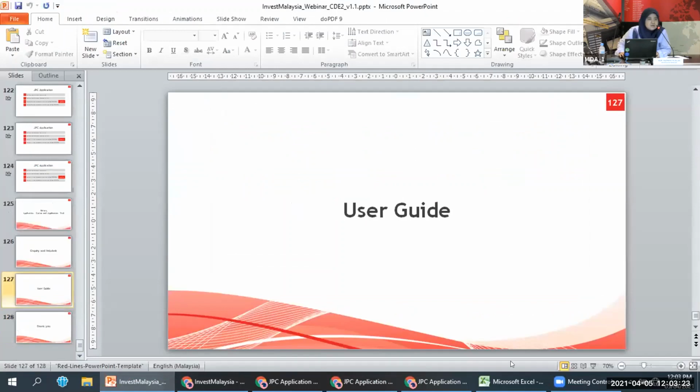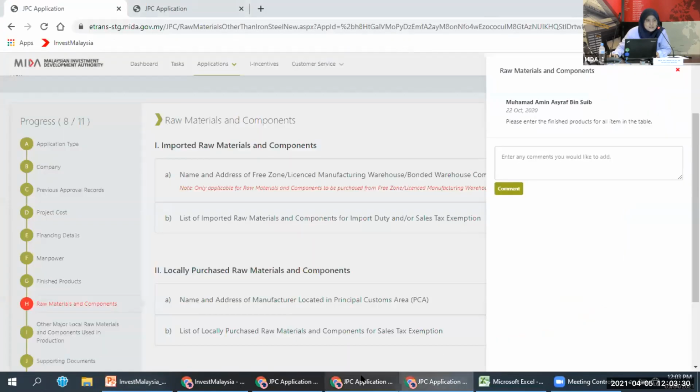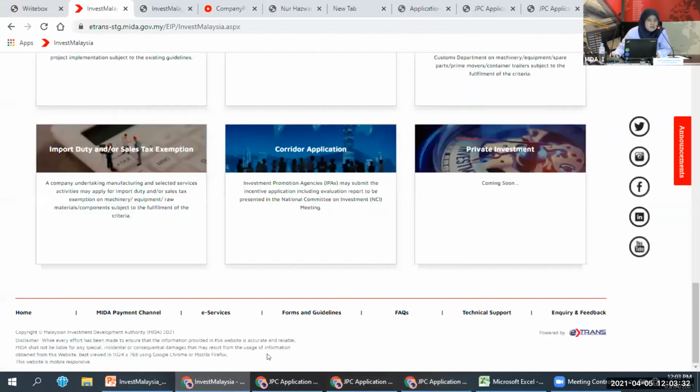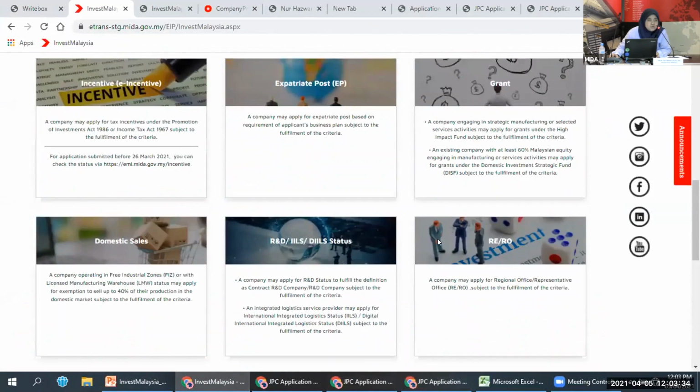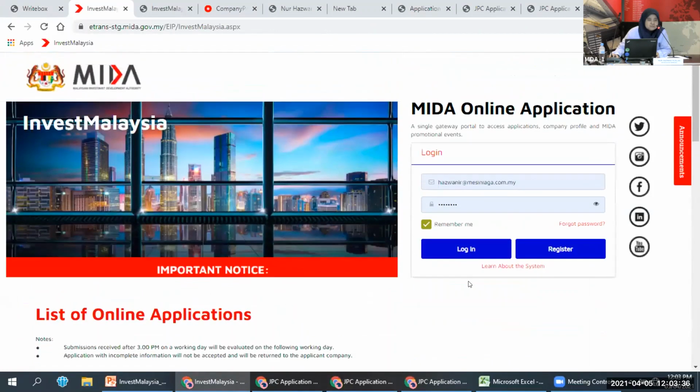Okay, so next is the user guide. We provide the user guide for you to refer to if you have problems, or you need help or information on how to fill in the information.